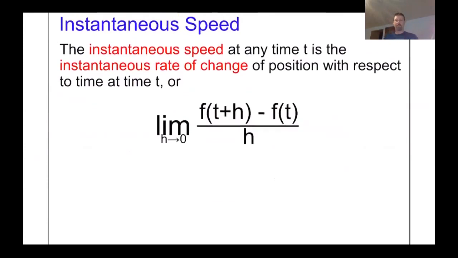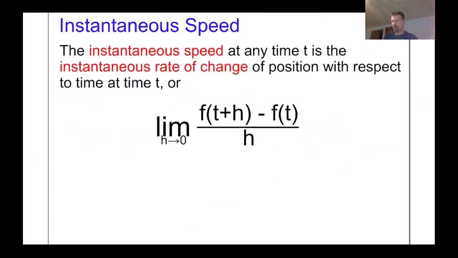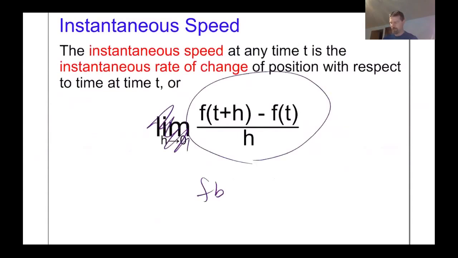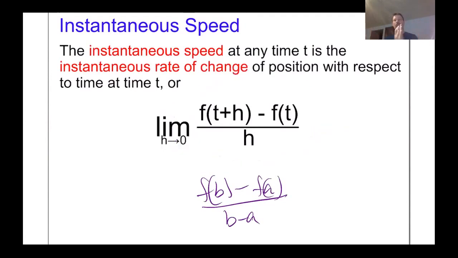Very last thing. You might recall this equation, f of b minus f of a all over b minus a, is an average rate of change. Well, what if those points in time are getting closer and closer to the same point? Like if you wanted to find average speed between the time you start at 0 and 1 hour later, you're going to take the distance you traveled, subtract them on top, and divide by the hour. In this case,